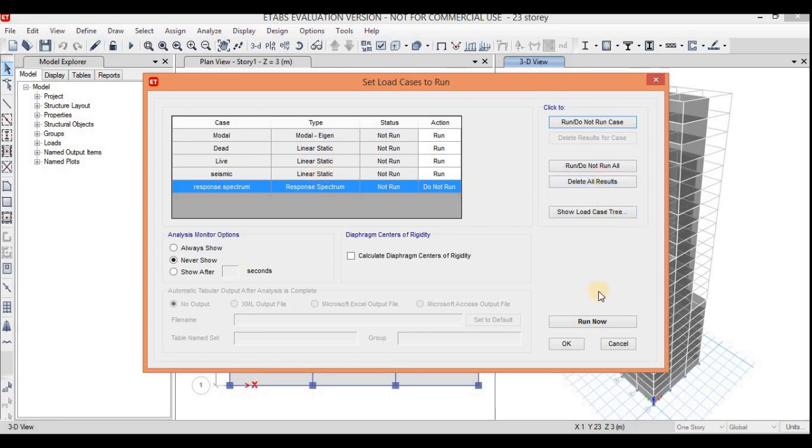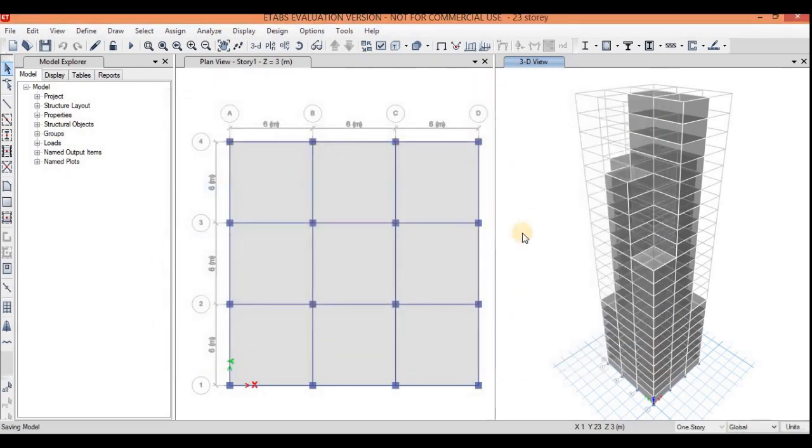Now click on run. You will see in the corner that the analysis is being prepared, and you can see the details here. After a few minutes, I will show you the result.